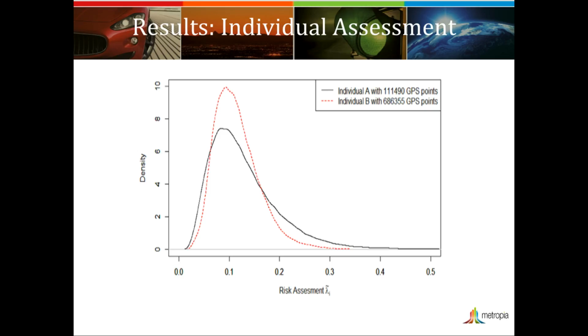However, if we examine their distributions, significant differences can be found between the two individuals. As can be observed from this figure, the estimated risk density curve for individual B is more concentrated, which indicates a smaller estimation error. For example, if the 95% quantile is used for risk control purposes, the corresponding upper bound risk for individual A will be greater than that for individual B.